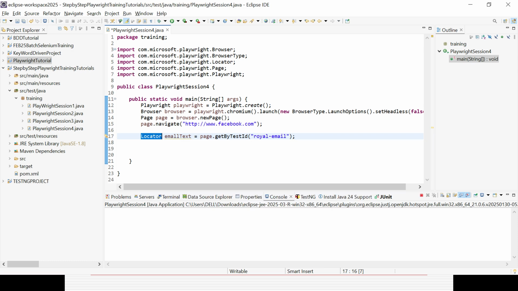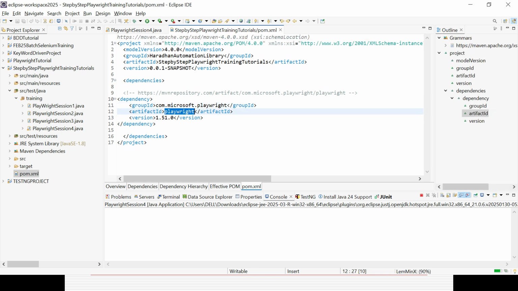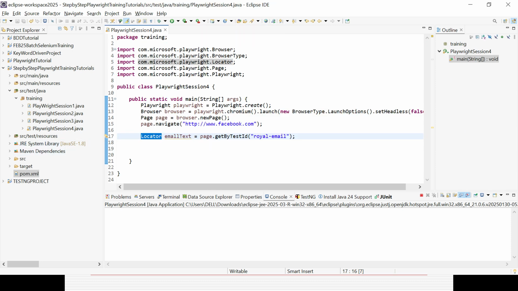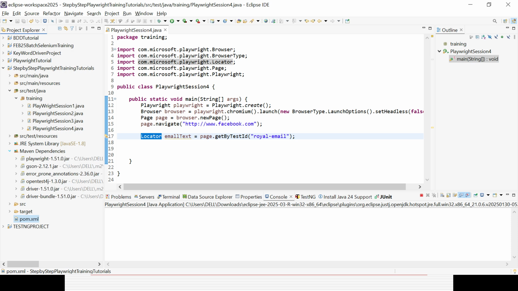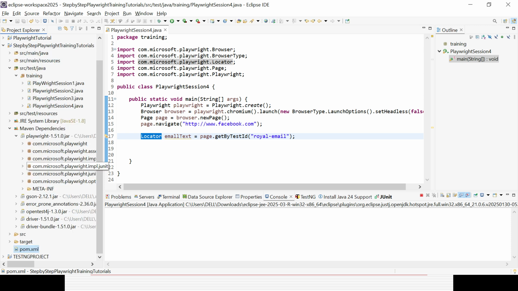Now if you want to see the different types of Playwright, Browser, Page, Locator, what you can do is, whenever we created the Maven project, we added the dependency in the pom, which is nothing but the Playwright dependency. You could see the group id is com.microsoft.playwright, the artifact id is playwright, and the version is 1.51.0. After the dependency is added, in the Maven dependencies section, that Playwright entry got added. Now if you expand Playwright 1.51.0, you could see there are a couple of packages available, and if you expand that